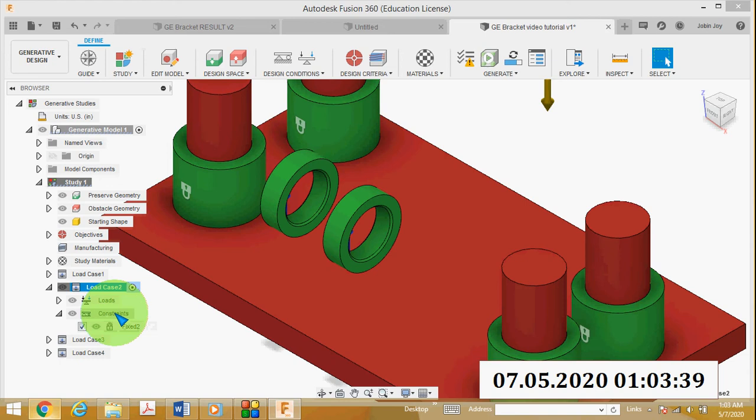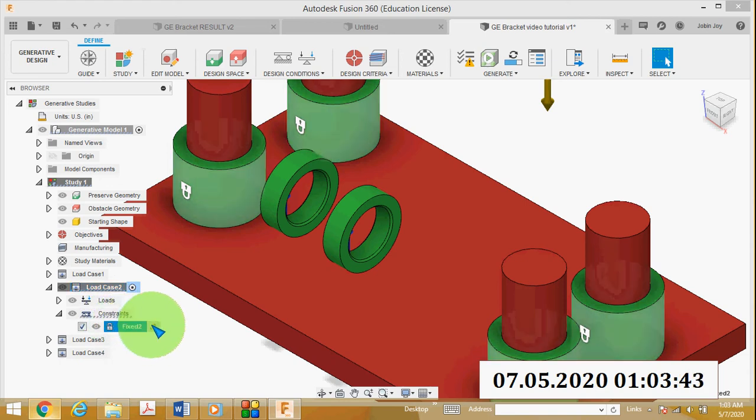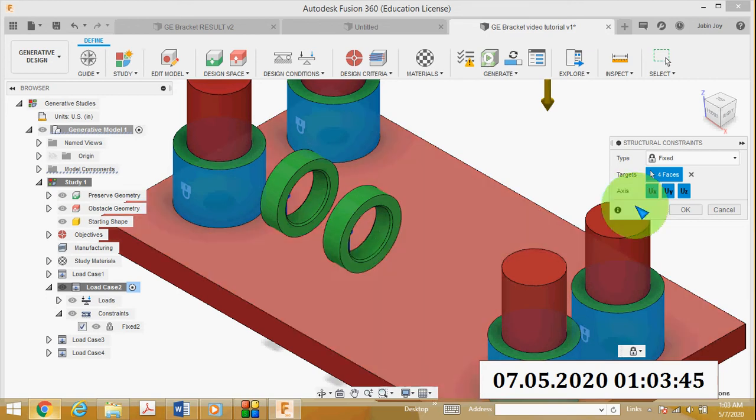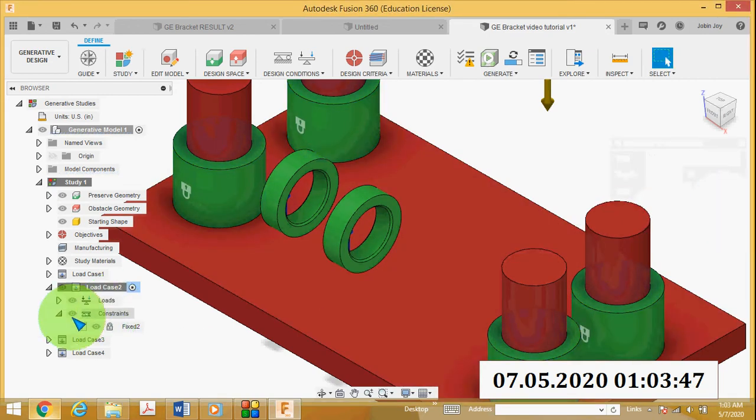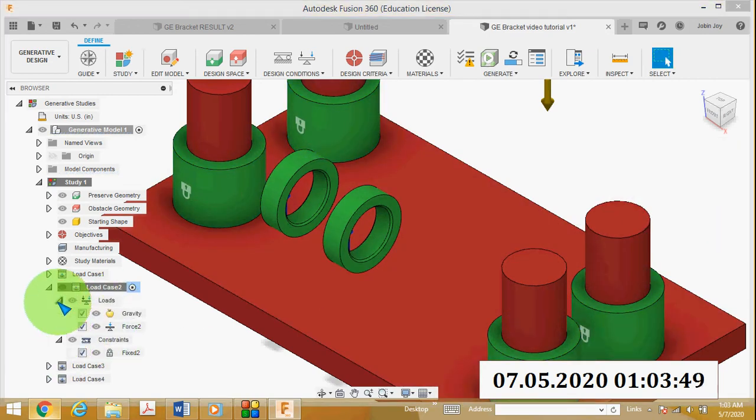Then go to edit this one. Not the constraint, go to load, then force.